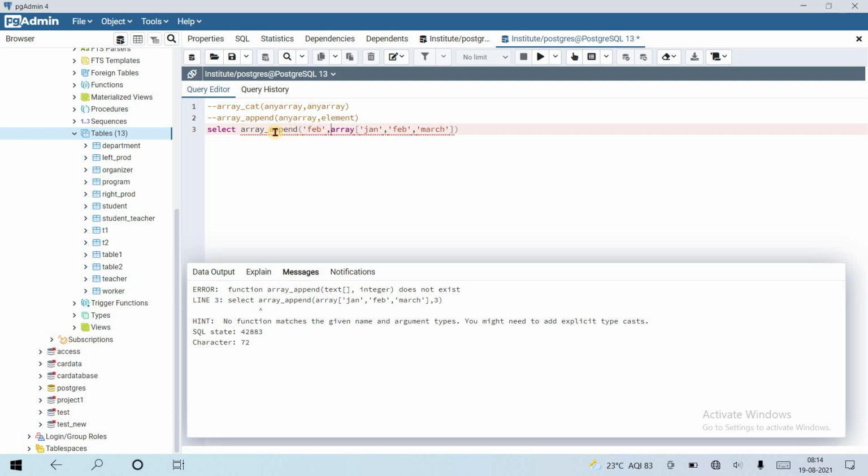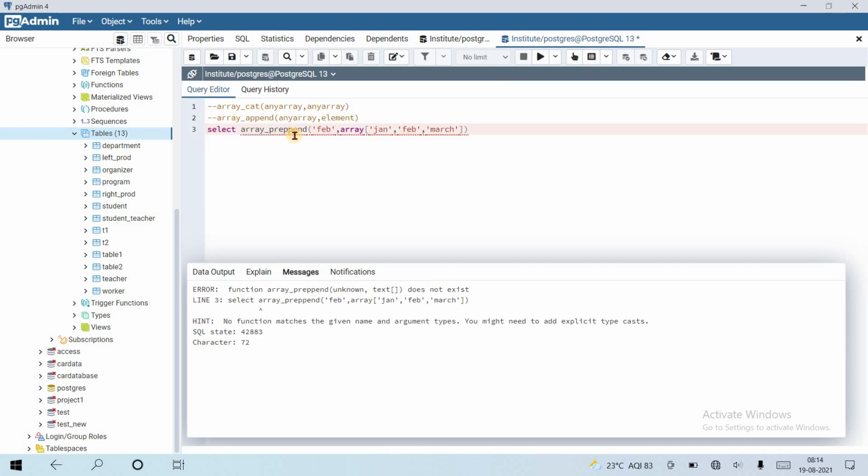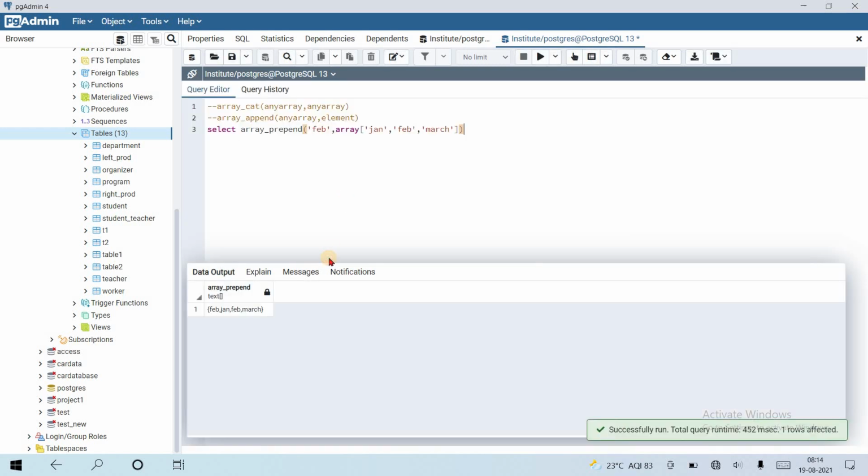Will it run or not? Now it will give an error that it could not find the function. The same error happened when we were trying to prepend the values. Okay, yes, now it will work fine. So February is appended at the start of the array and then the array's elements. That's it. Okay, the next function is